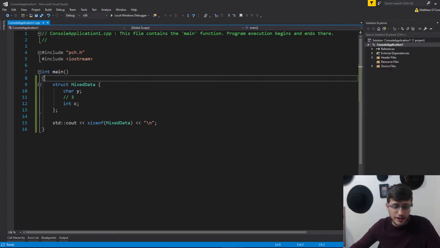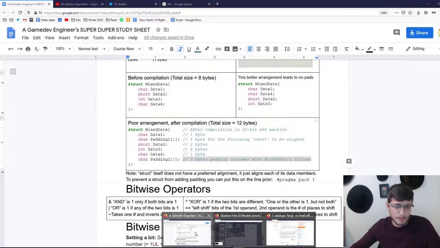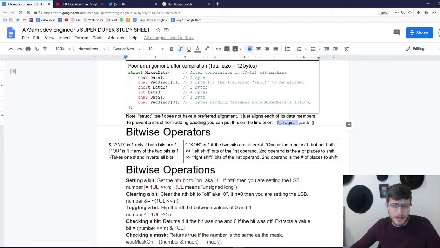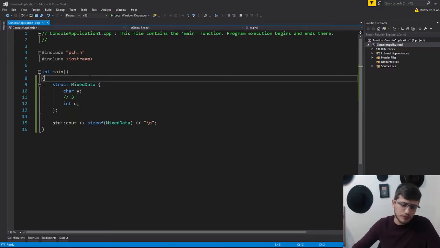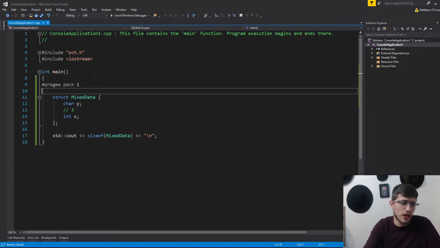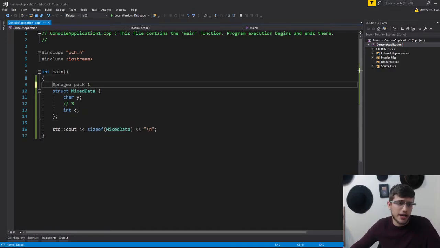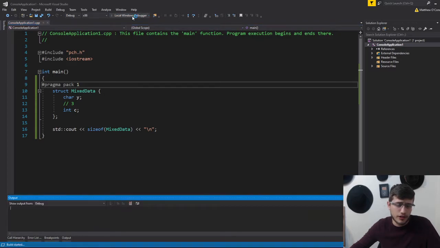Now, there's actually a way to say, hey, don't pad this struct. And you can do that by just using this code here. So if you just slap a pragma pack 1 on it, it's going to pack everything to 1 byte alignment. And so the result of that,